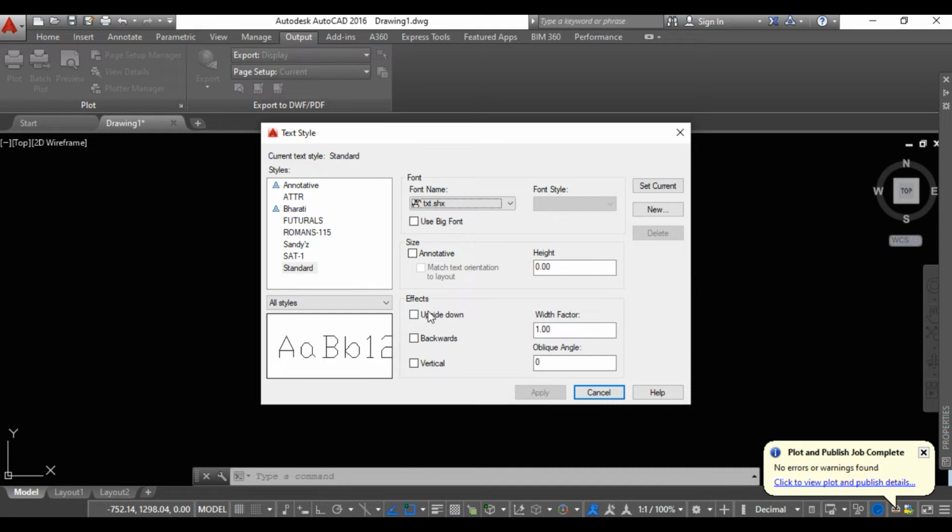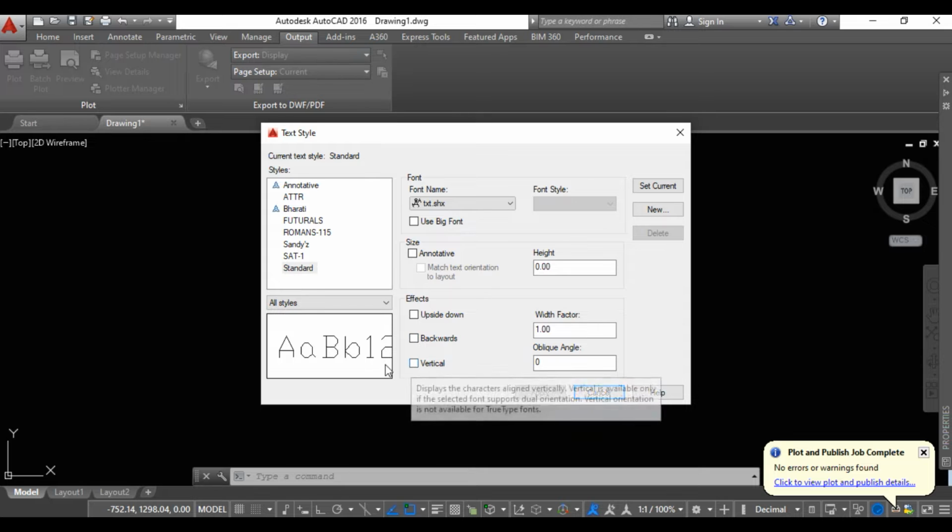Again here you see the effects. These effects are just like what we have seen in MS Office, like animations or effects in PowerPoint. You can provide some effects here. Here it is showing the horizontal direction. If you require upside down, it is going to show in the reverse direction. If you are doing a house building and want to give the name in reverse, you can give upside down names. The same with backwards, it gives backward alphabet order, meaning reverse. Initially A was here, now it is here, so it is backward.